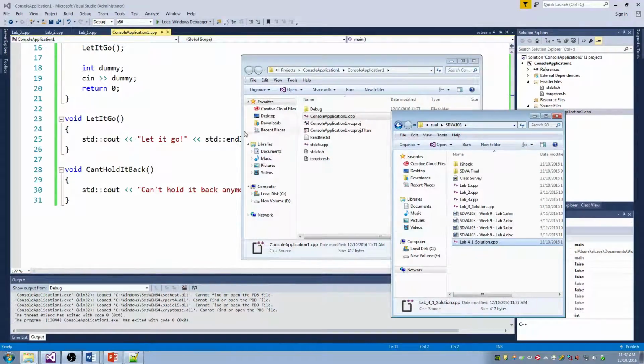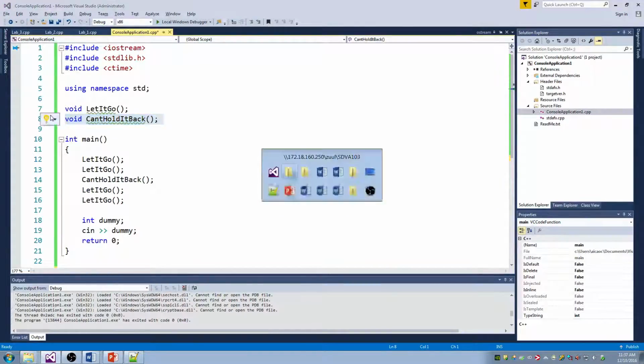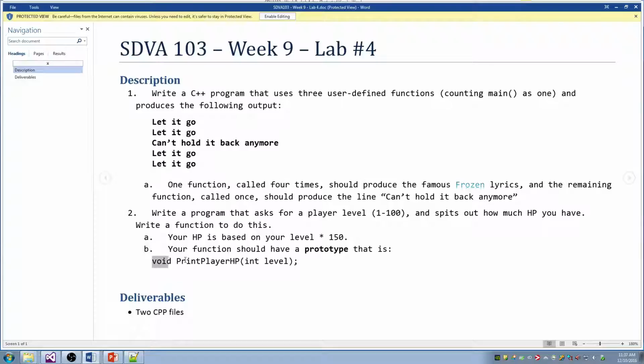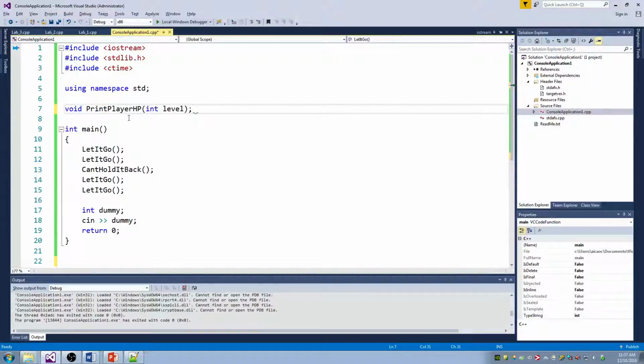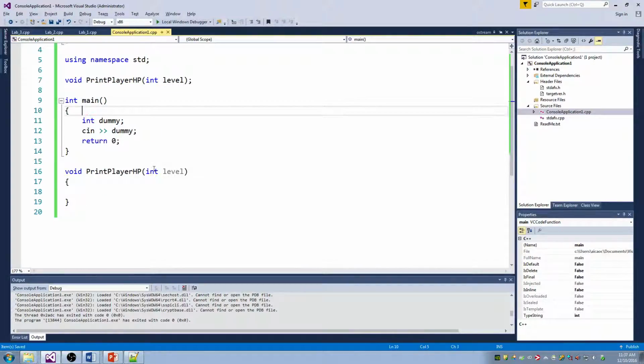Okay. So I'm going to write another function here that I gave you the prototype for at the bottom. You can just take this prototype here, the print player HP, and put it at the top of your file, and then implement it down here. And the way this function is going to work is all it's going to do is a printout